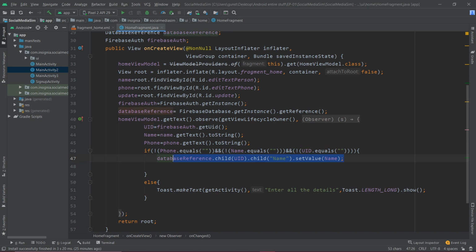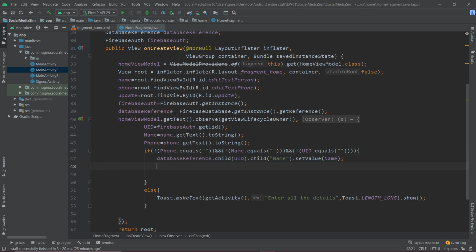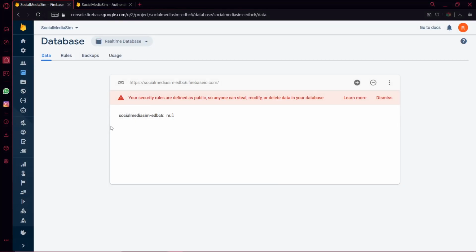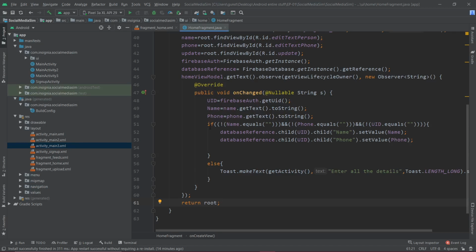You'll understand this part the moment our code starts running. So then, set value of phone under something called phone. Our current database reference point is our root. So this is where our current database reference is. As soon as this part gets executed, it will create a child to our current database reference, which will be created as UID, our current unique identifier. And then under that, we'll have our name, and under that, we'll have our phone number.